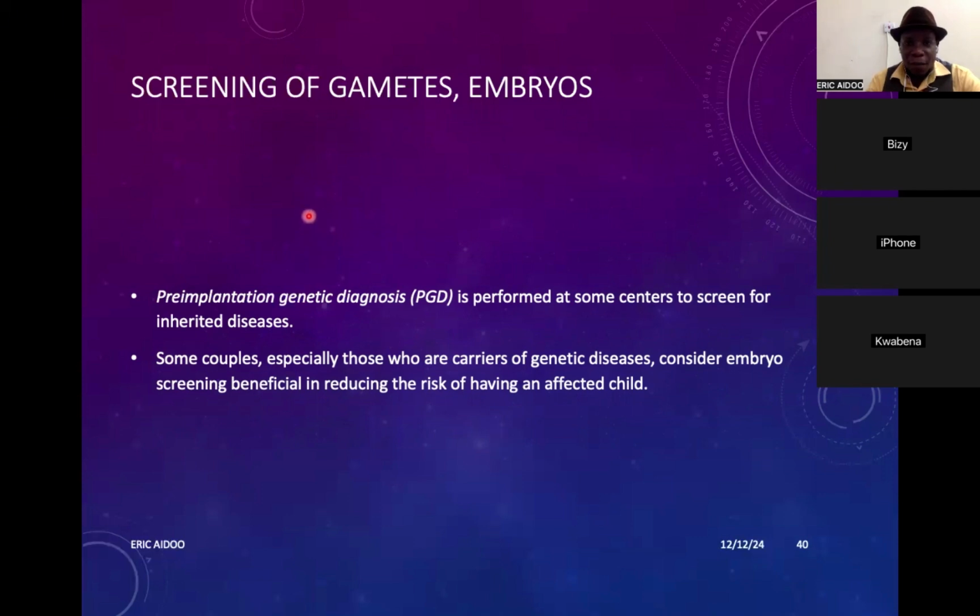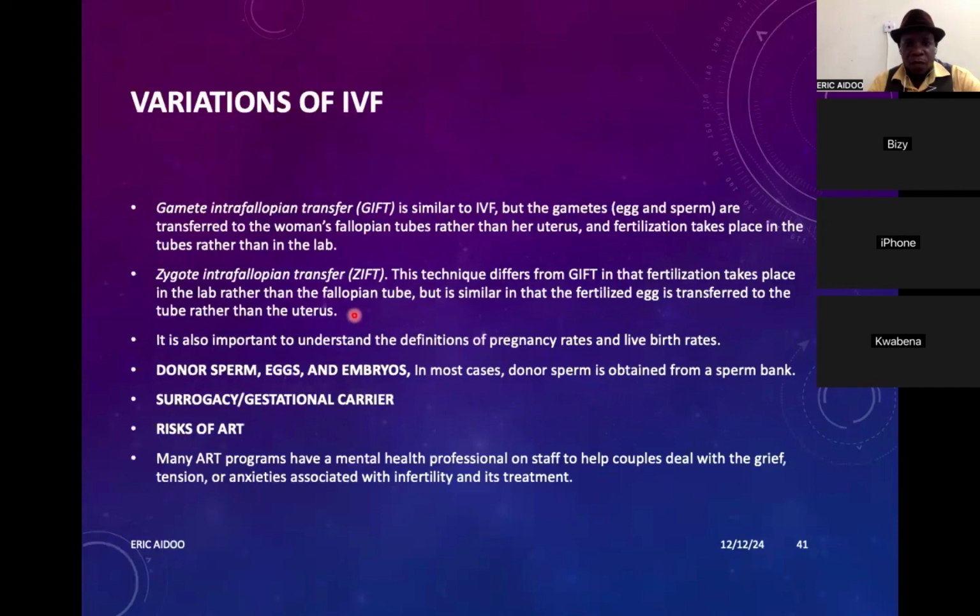So screening of gametes or embryos, as I said, the pre-implantation genetic diagnosis can be beneficial to some couples. I've already mentioned the GIFT, the ZIFT. You can also have people to donate sperms, people to donate eggs, and even surrogacy or gestational carriers who will carry the baby if the woman does not have, let's say, a good womb, for want of a better word. So a womb that cannot carry a baby to term